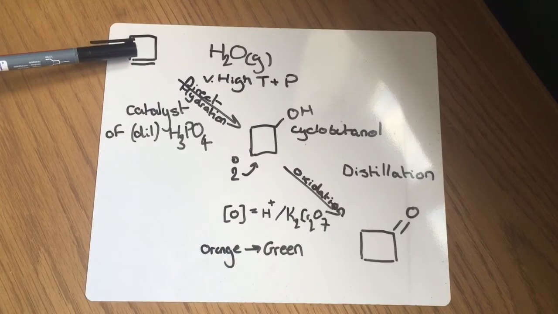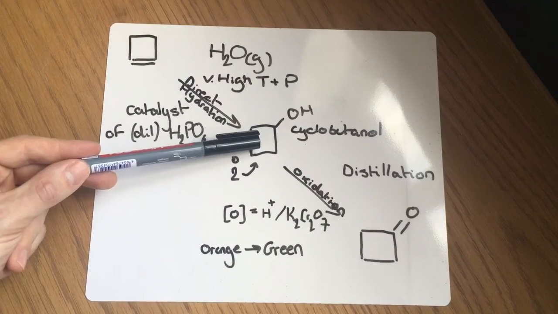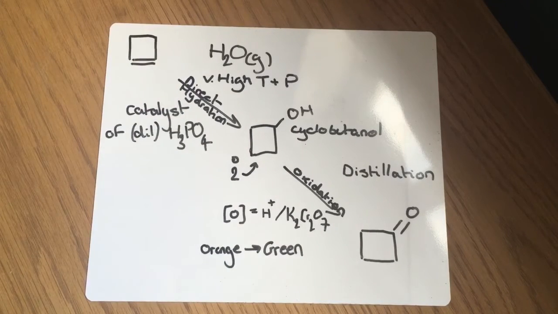Now, in order to get this alkene to become the alcohol, you use a reaction called a direct hydration. It involves a catalyst of dilute phosphoric acid. You need to use steam, which is why I've got the H2O gas, and a very high temperature and pressure for this reaction. What you also then need to do is, once you've got your secondary alcohol, which is called